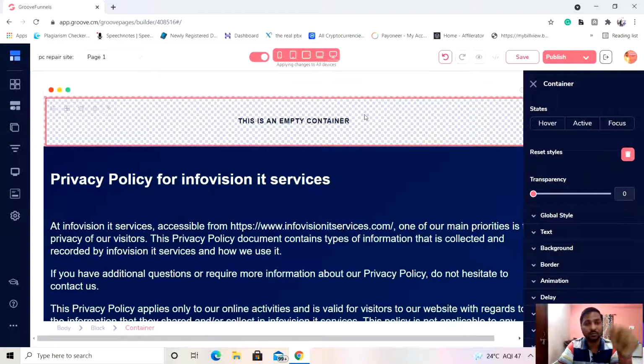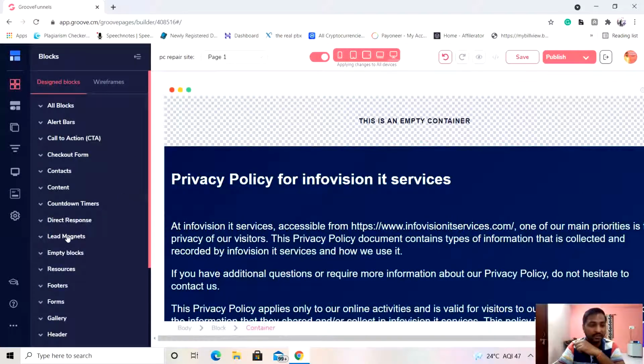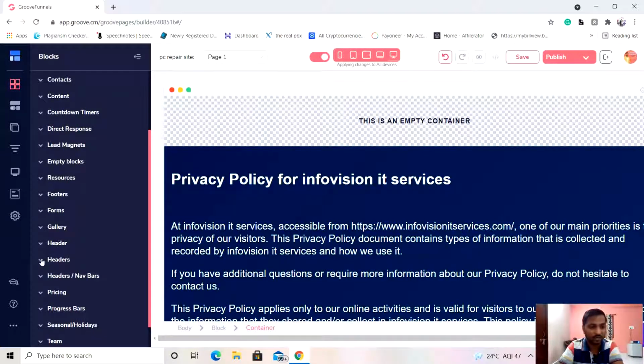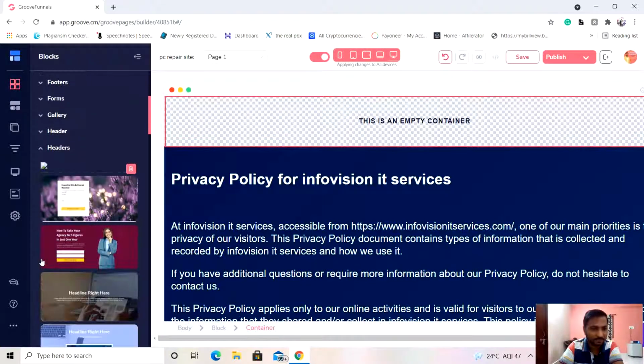First of all, come to the page and select the block area where you have to add it. Go to the blocks and check the headers block. Under the headers, this is the one which is not showing right now for some reason. Whenever you save your templates, it will come to the top.